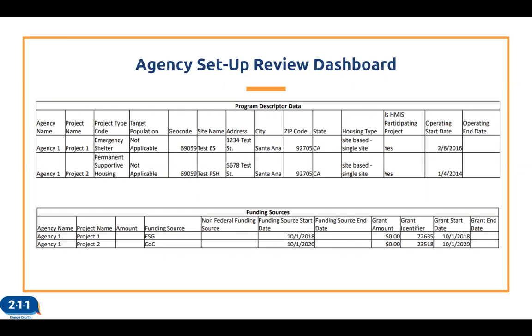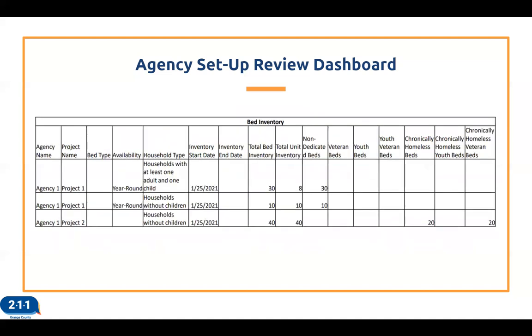In the funding source, that's the second section, you'll see your project name and the funding source that's supporting the project, the start and end date of the funding, and if there's an amount attached to the funding that you provided. For projects that have multiple funding sources, you'll also see it listed as different entries to reflect the different funding sources that the project is supported by. And if you don't see a funding source listed for the project, that means that the funding source has expired. So please submit an HMIS help desk ticket so that we can record the most accurate and updated funding source for your project.